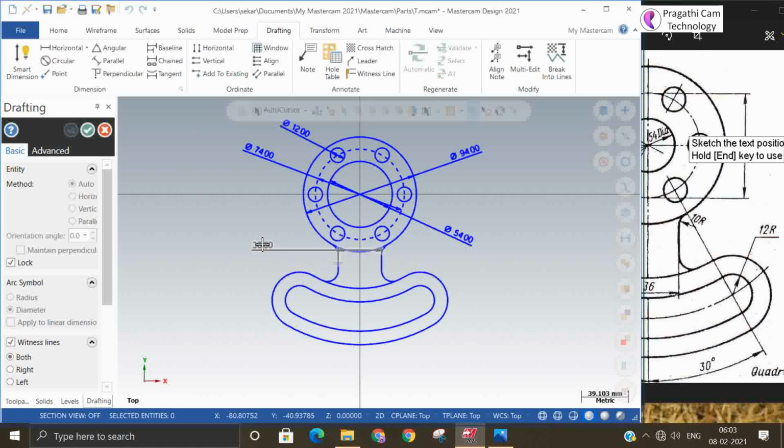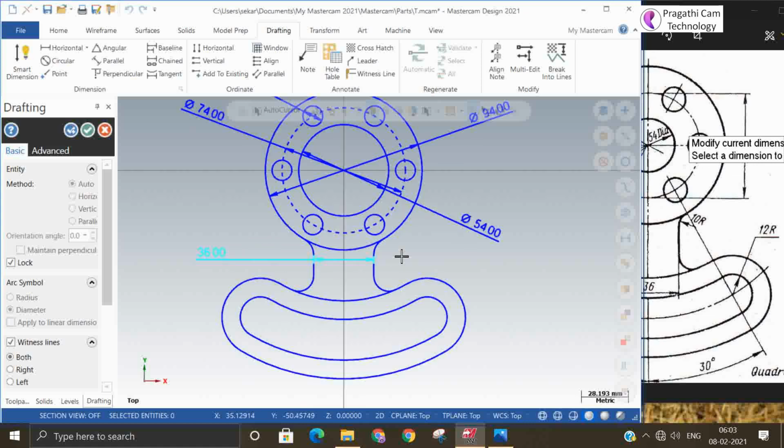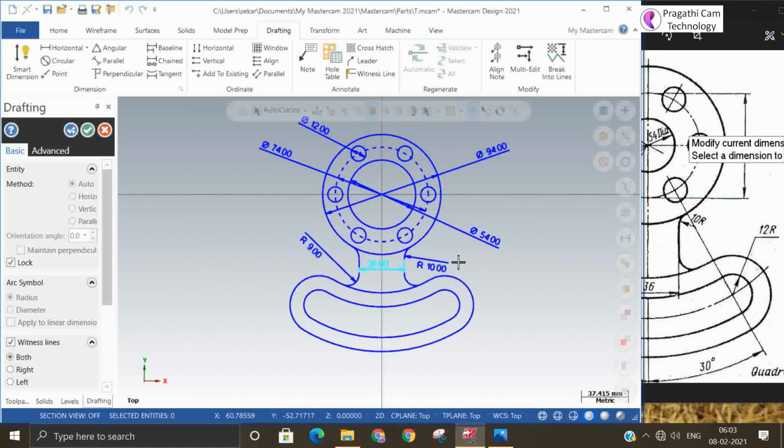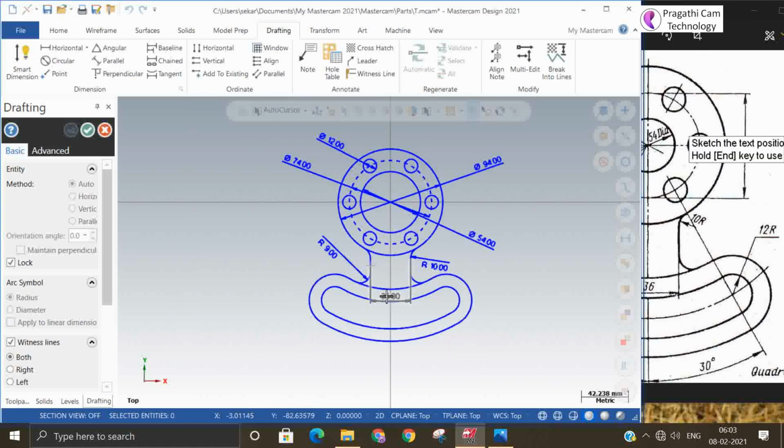Just extend this width, so radius you can give. So you go on adding the other dimensions.